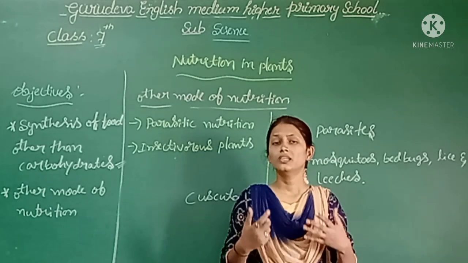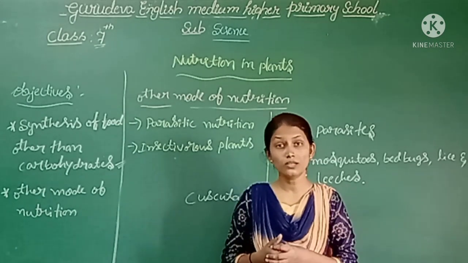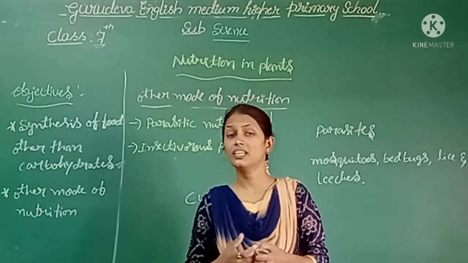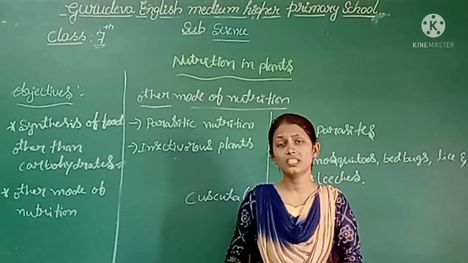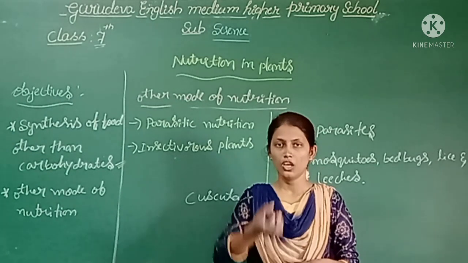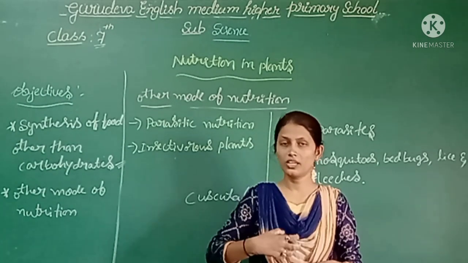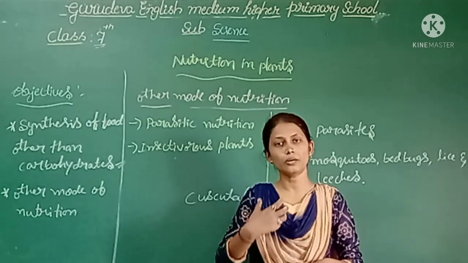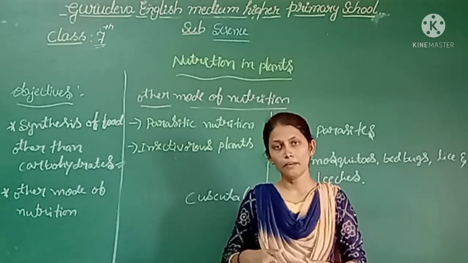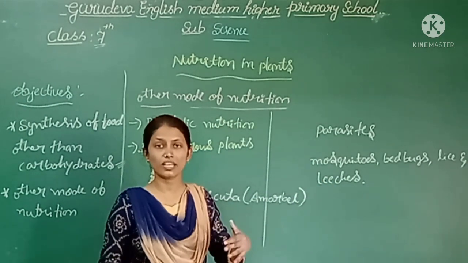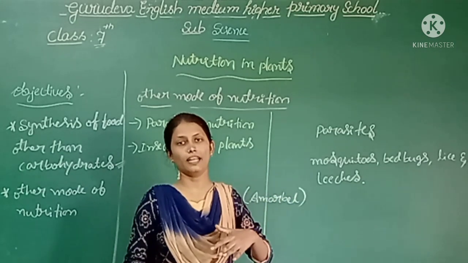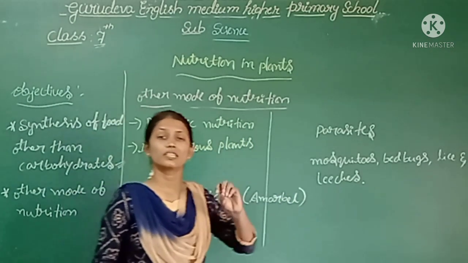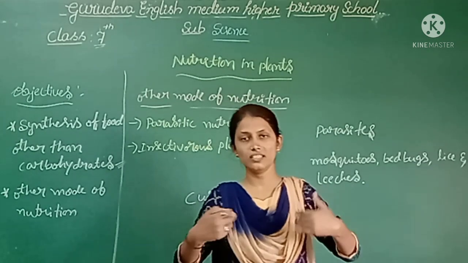For example, you might have seen that certain worms are present in our stomach. We call those intestinal worms. How do the intestinal worms get the food? What we eat, that food they take to survive. They obtain the food from us only. They live inside. But in this picture, cuscuta lives upon the other plant. So a parasite is an organism which can live inside the body